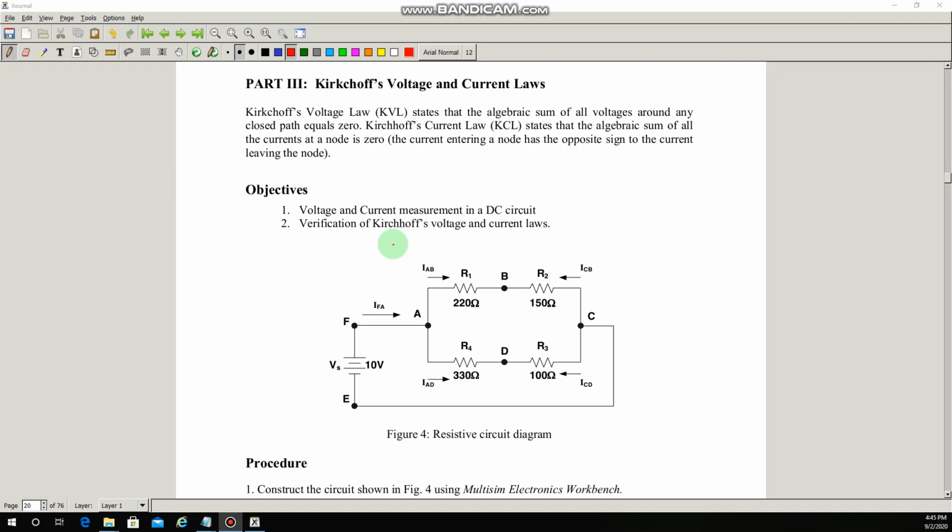So we will try to understand Kirchhoff's voltage law with the help of this circuit. In this circuit, we can identify 3 different loops. We'll pick any loop. Let us pick this one. In this loop, we can see that we have several components. What are those components? R4, R3, and this voltage source. So the sum of the voltages across all of these components should be equal to 0.